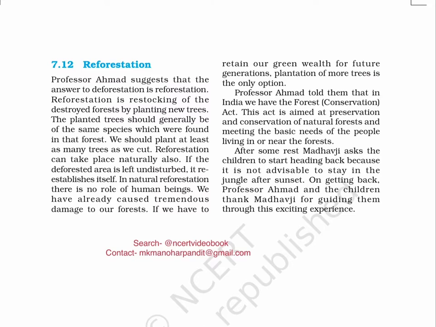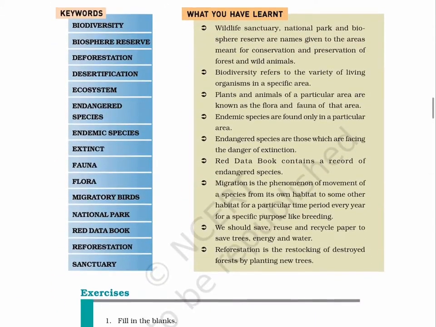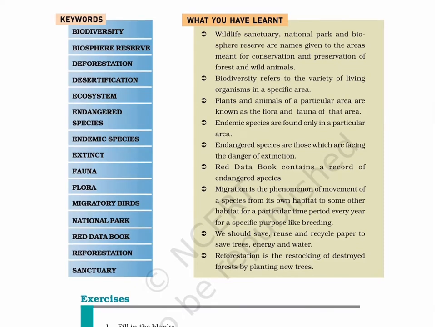Keywords: biodiversity, biosphere reserve, deforestation, desertification, ecosystem, endangered species, endemic species, extinct, fauna, flora, migratory birds, national park, red data book, reforestation, sanctuary. What you have learned: wildlife sanctuary, national park and biosphere reserve are names given to the areas meant